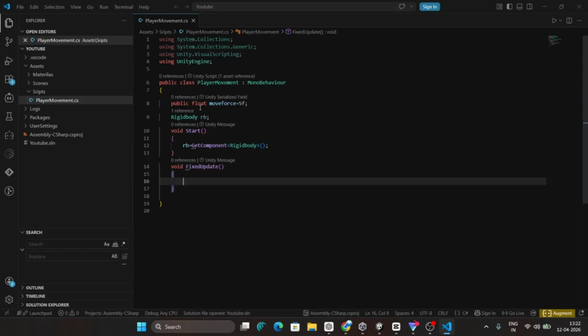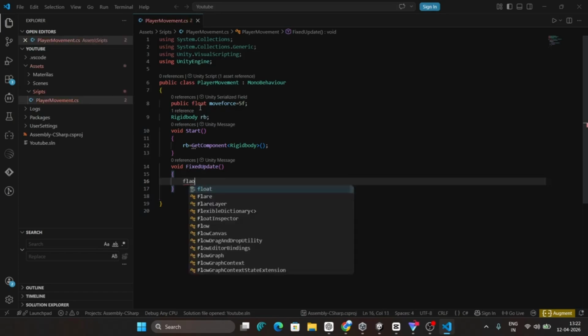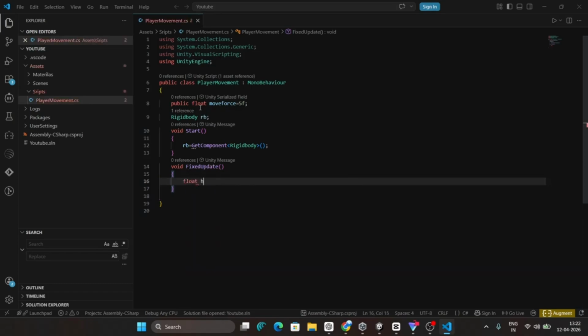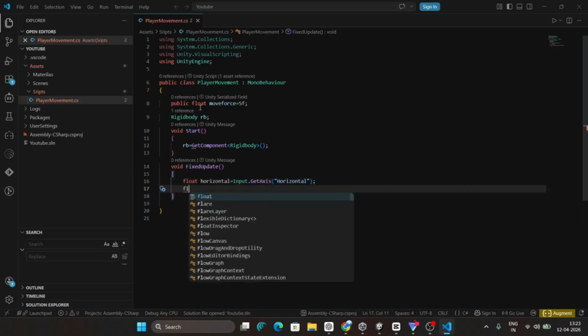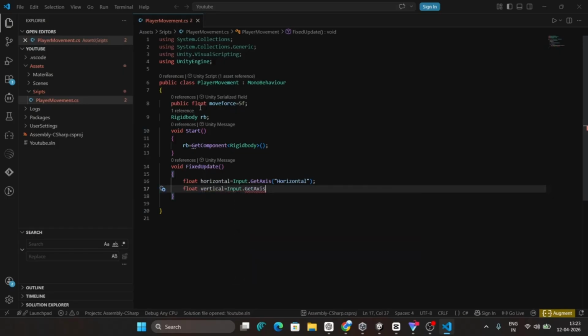Now inside the function, the first thing we need is the player's input. We need to know which direction the player wants to move. Unity already provides an easy way to read movement input using Input.GetAxis. So I am going to write these two lines: float horizontal = Input.GetAxis("Horizontal"); float vertical = Input.GetAxis("Vertical");